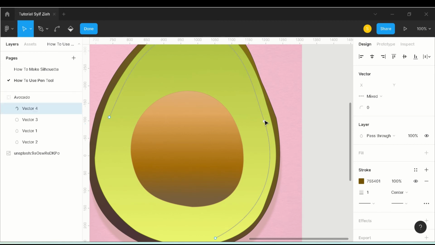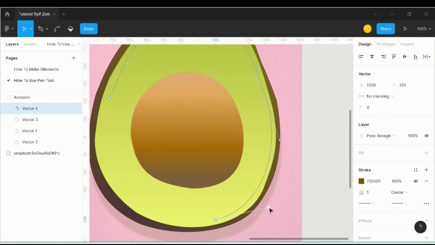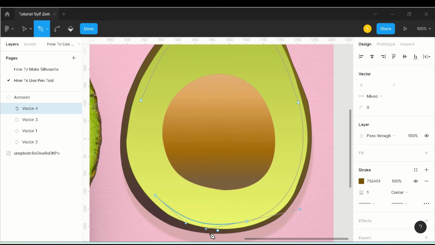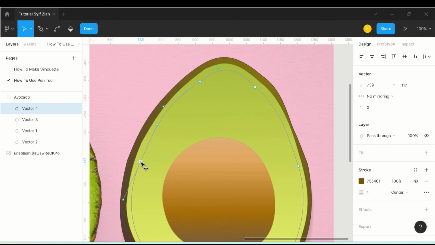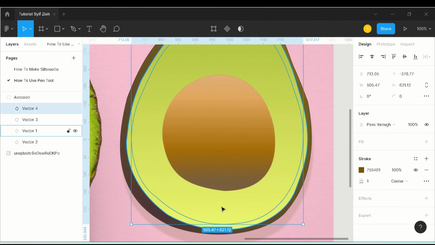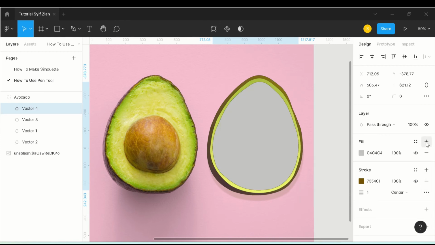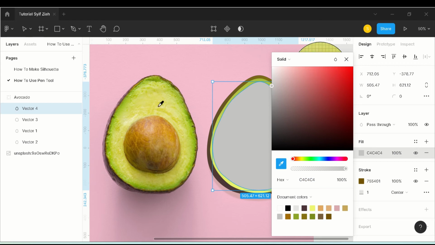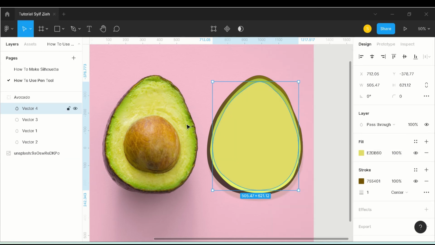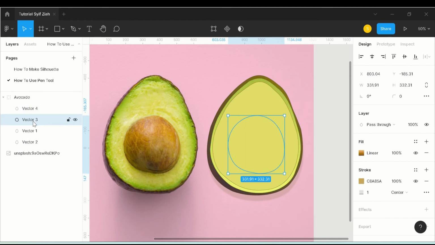Okay, like this. You can make it tidy. You can use the shortcut V. V is move. Okay, we wanna choose color. Okay, I wanna bring it to the front.